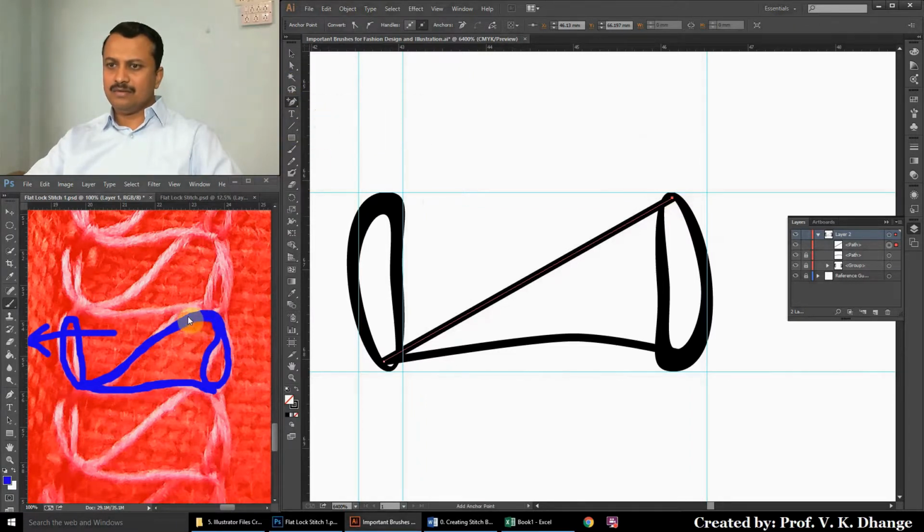Now I want to create this particular shape. Okay, means it is going upward, and then